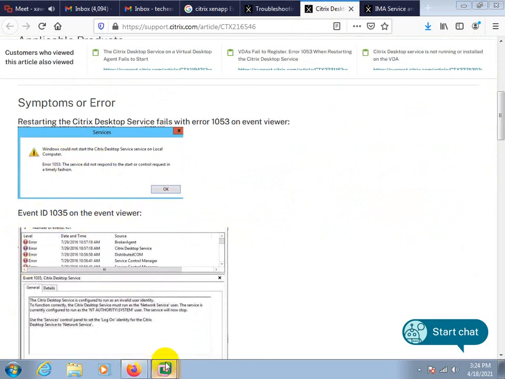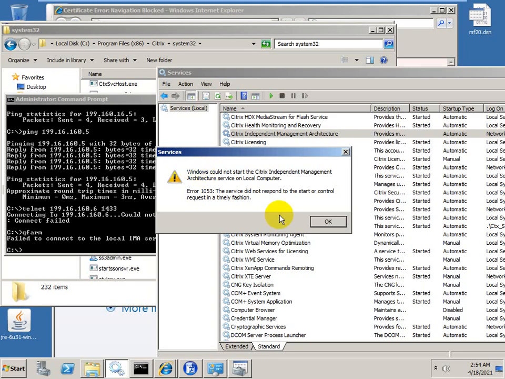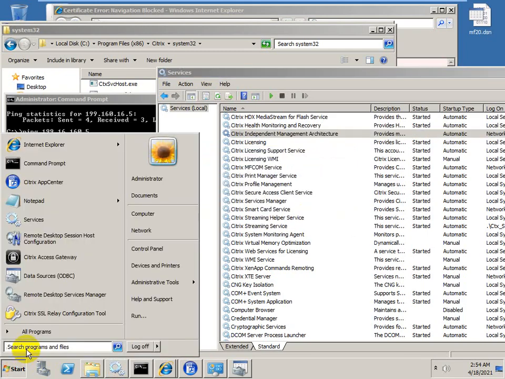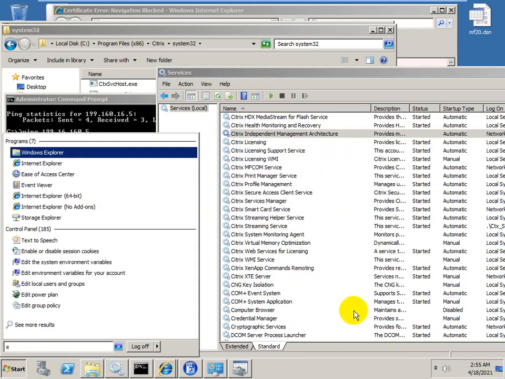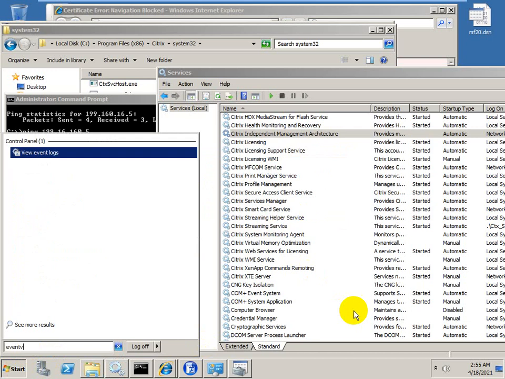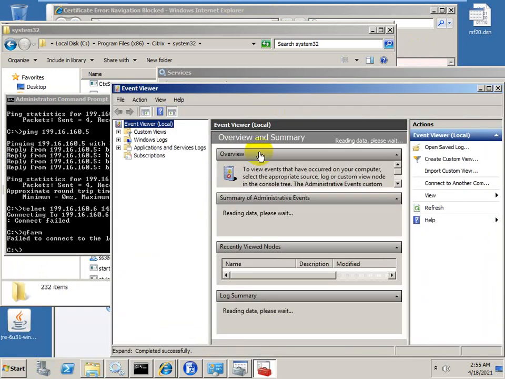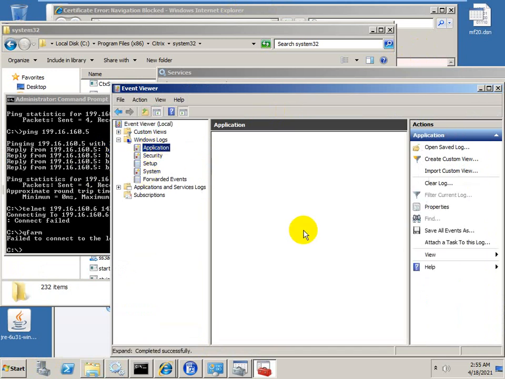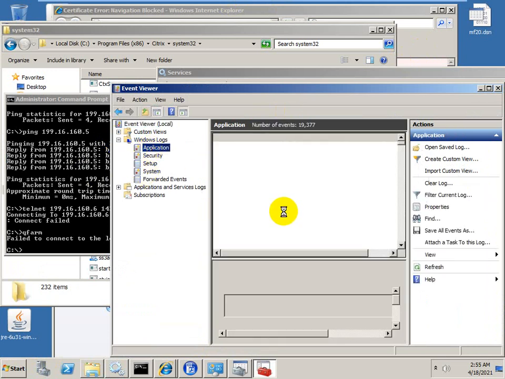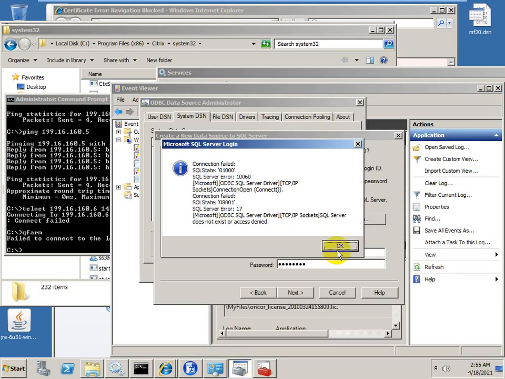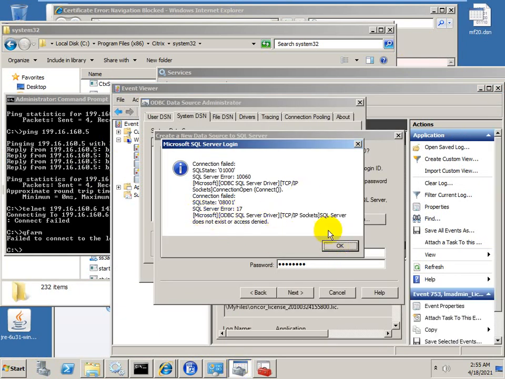Now we need to check the event log. I'm going here to the event log. This command is eventvwr. Okay, this is to check your event logs. Go to the Windows log, applications, and it's not able to connect.